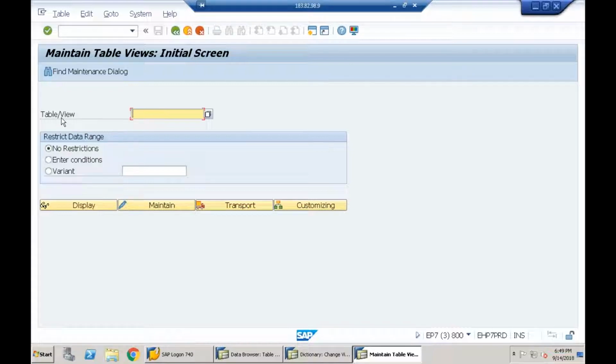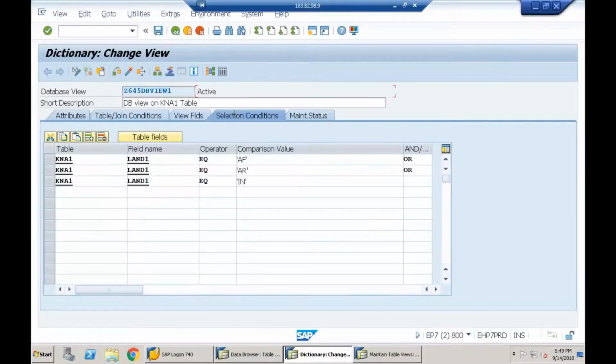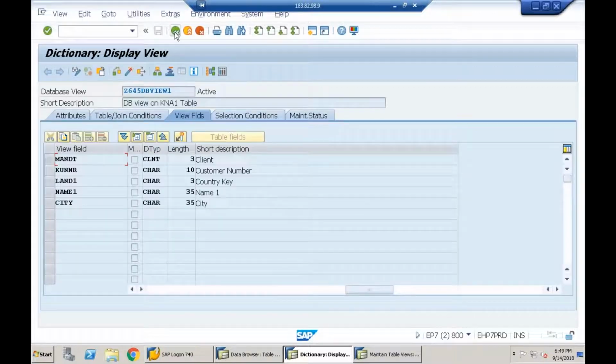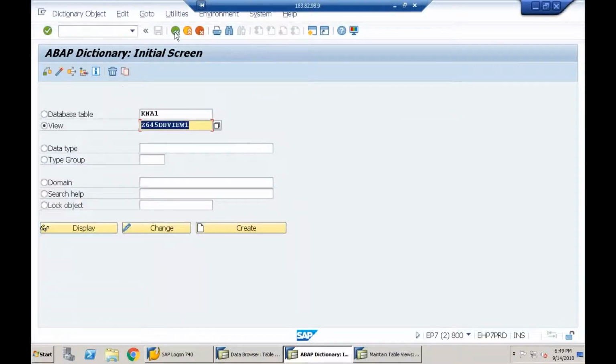We can generate the table maintenance for every custom table we create. Similarly, I am checking whether we can create the table maintenance for a database view. We cannot. Might be table maintenance is supported for other types of views. We'll see that going forward. Okay, done. So I created a database view on a single table. Now let me create a database view on